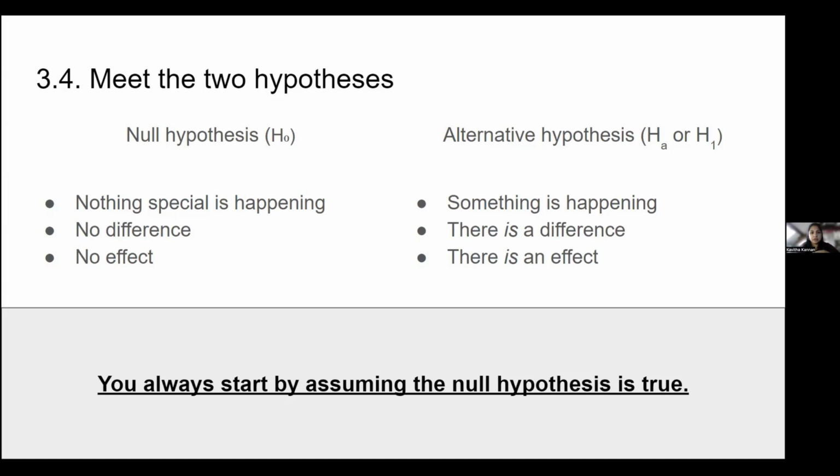Maybe, let's say, we're all taller people, and the average height of this class is say 5'7", but that's not the truth. So what I said in the beginning, 5'5", is not the truth then. So then you say, okay, I reject the null hypothesis and I accept the alternative hypothesis, where I say that the average height in this class is actually 5'7". Yes, you always start by assuming that the null hypothesis is true.